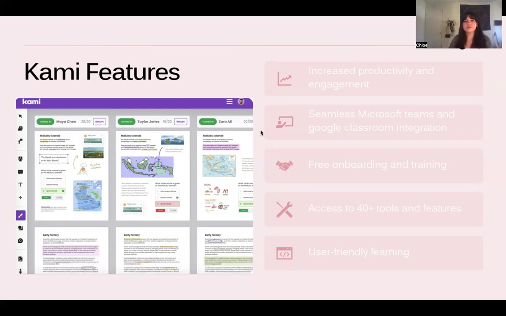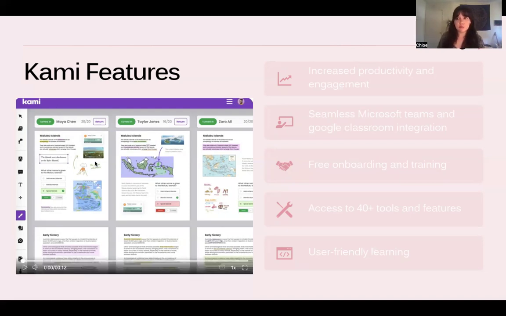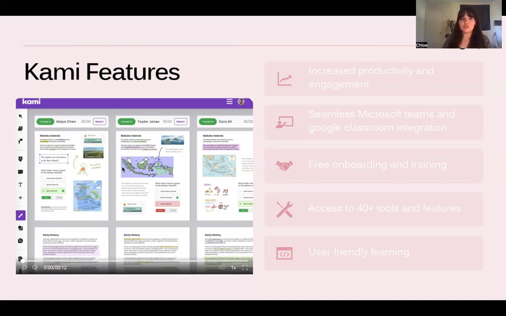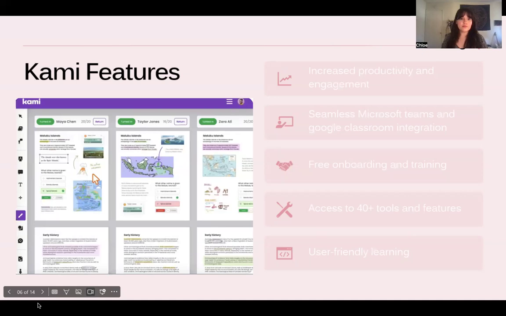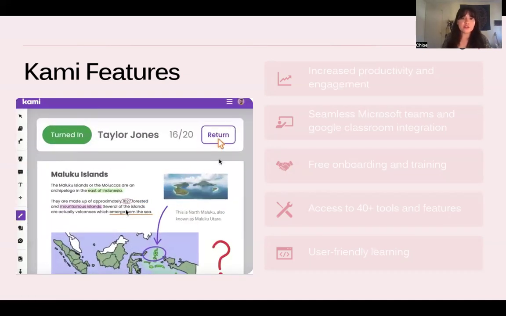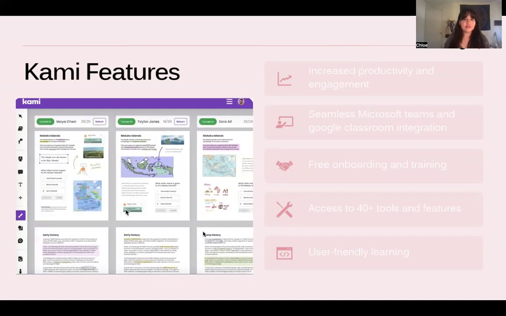view feature. So as you can see, when you look at this, all of these assignments have been turned in. This is a multi-document page going down vertically, which makes it very easy to go through either a single student or you'll grade maybe the first page of multiple students. So this demonstration is going to show us a teacher moving through grading multiple students at a time, going through the first page. As you can see, the teacher has the drawing tool selected,